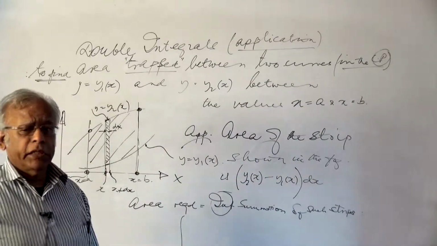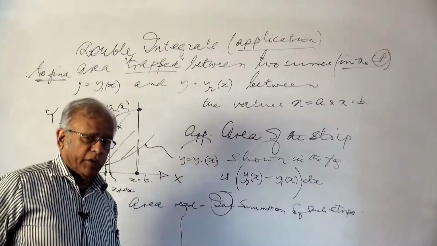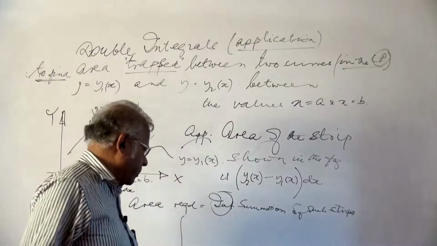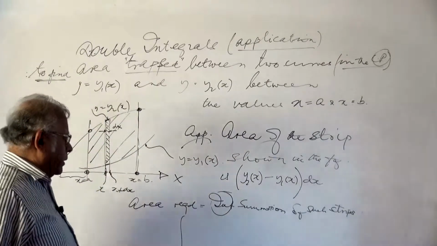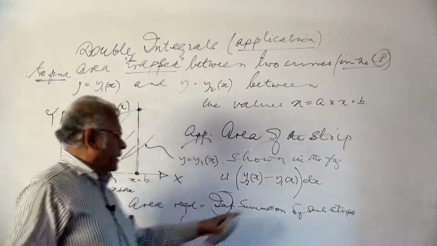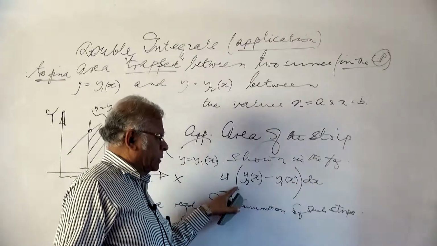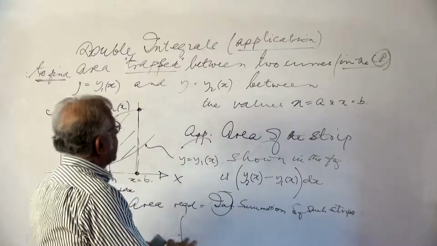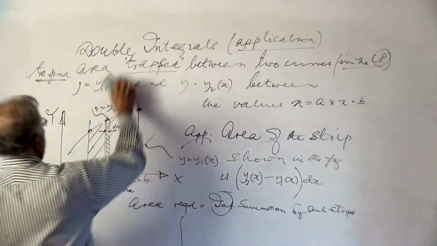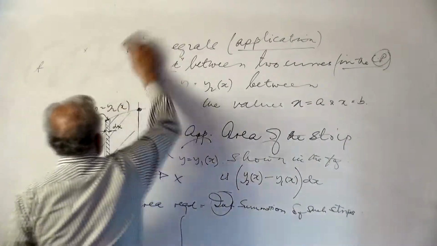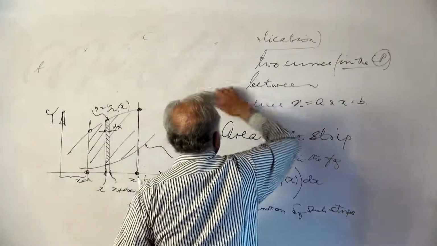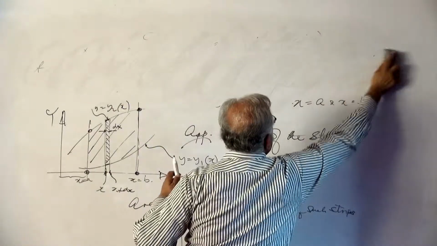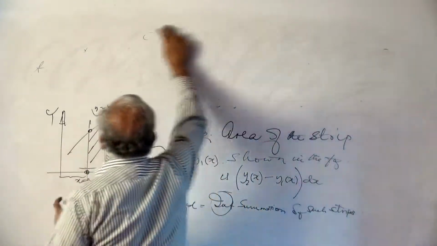Infinite summation is integration. This we have learned in high school, so that's not a problem. So, what we will do is we will integrate such expressions from x is equal to a to x is equal to b, rub out the part at the top, the enunciation of the problem, and write the result, that is the bottom line,